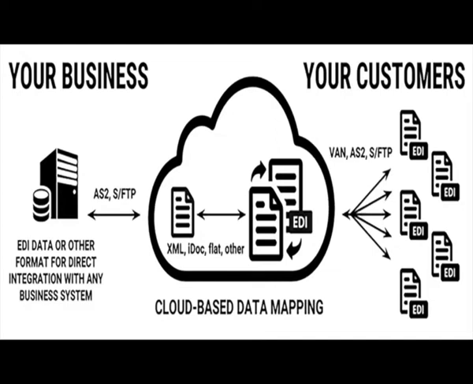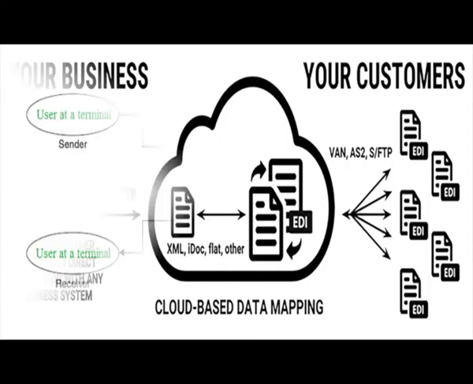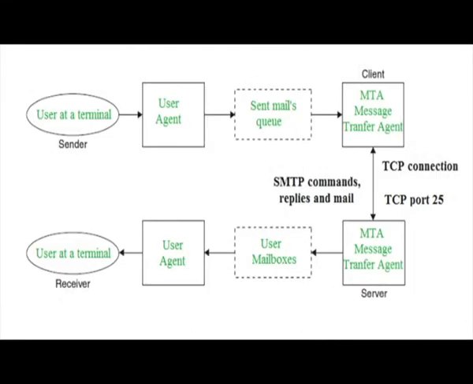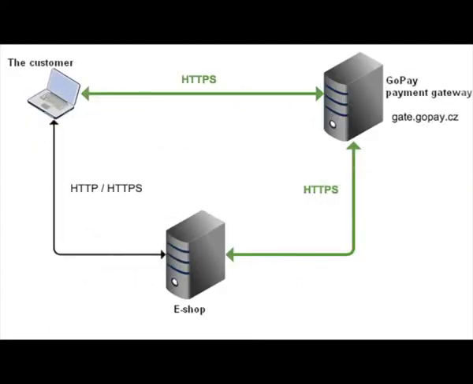Now, let's see how internet-based EDI works. The key operational aspect of internet-based EDI is merely to use existing communication protocols available on the internet to exchange EDI data. Internet-based EDI uses SMTP, the email protocol, or the HTTPS and secure FTP communication protocols to exchange data. These communication channels used to send and receive internet-based EDI are often referred to as